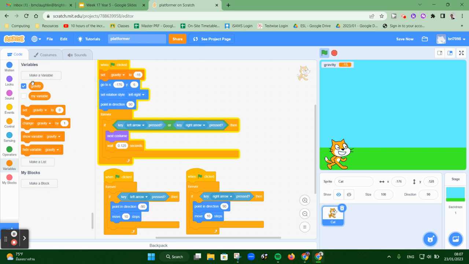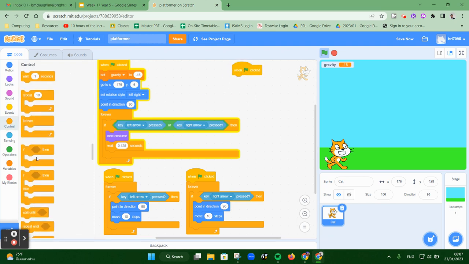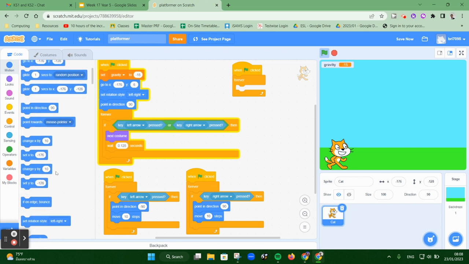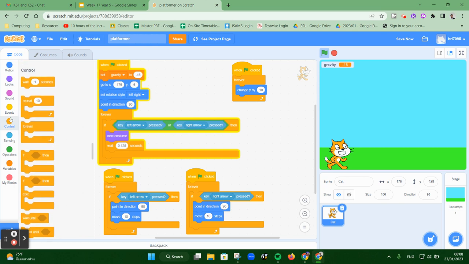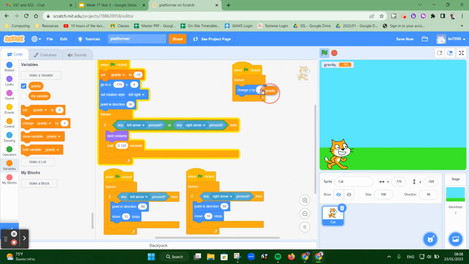So what I'm going to do is I'm going to go to events. I'm going to choose another when this sprite is clicked. We're going to need the forever loop because we're going to want our game to check this all the time. And we're going to go to motion, change Y by. And then I'm going to go to control. Oh, sorry, not control, sorry, variables. And where we've got this gravity bubble here, I'm going to pop that in there. So what this will do is this will tell our game to move Scratch by the value of the gravity variable. So if I start my game now,